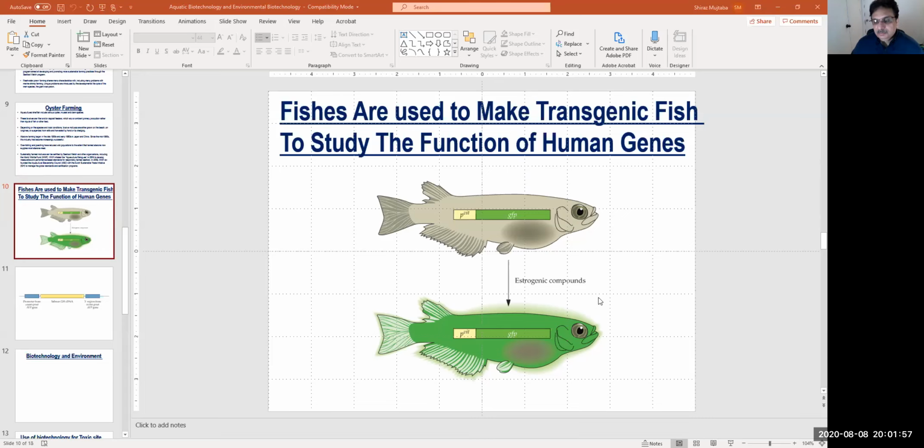You see a DNA which is green color coded, and in the center it writes GFP. And here you see that the whole fish has turned green. I'll come back to this slide, but let me explain how fishes serve as a model